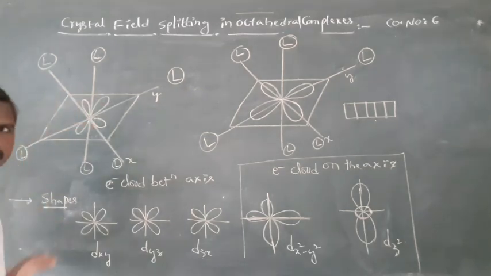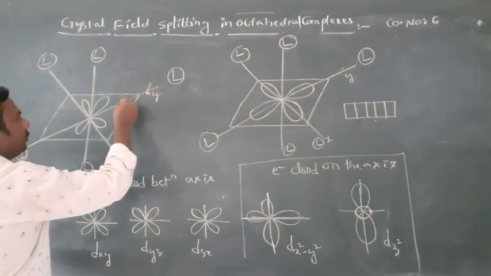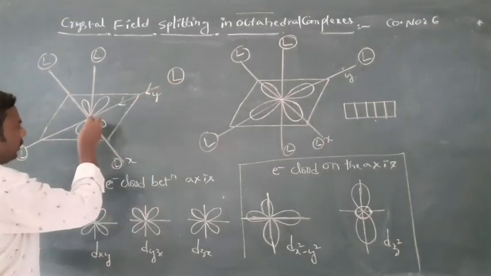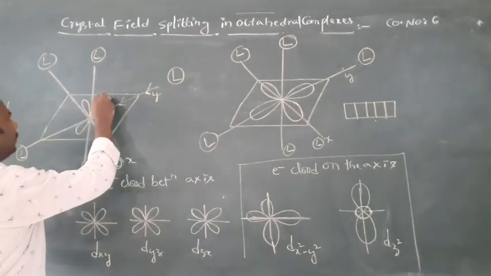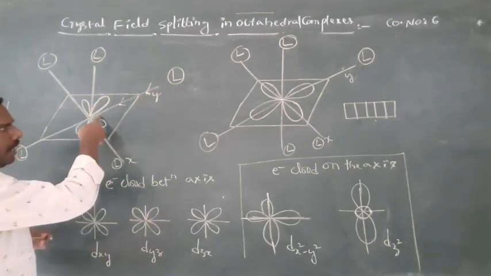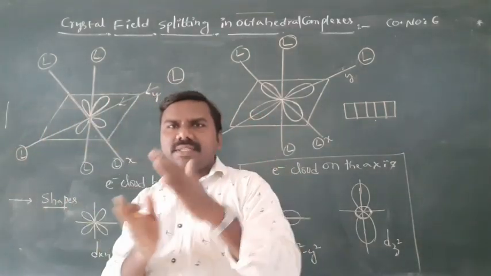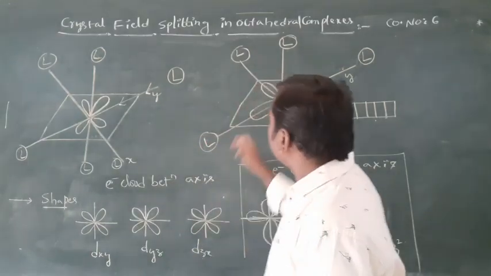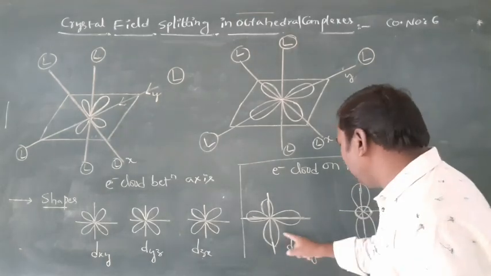Now these are the degenerate orbitals. This is the ligand approaching direction. The ligand is an electron cloud, a negative charge. This is the direction of the ligand, this is the negative charge. It means there is some distance between the negative and negative, so less repulsions. But in this case, dx square minus y square and dz square.